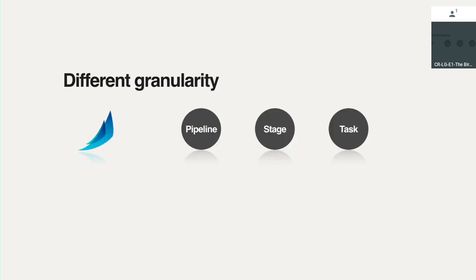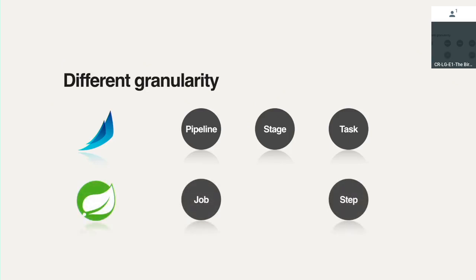One of the things we found is there's a different granularity of concepts between Spring Batch and Spinnaker. Spinnaker decomposes things as a pipeline, a stage, and a task. Pipelines have many stages, stages have many other stages, or many tasks, or both. Spring Batch has just 2 levels: a job and a step. So a job is just a big long chain of steps. It's very procedural, it's very straightforward, but it doesn't really have that hierarchy of composable elements that we wanted from